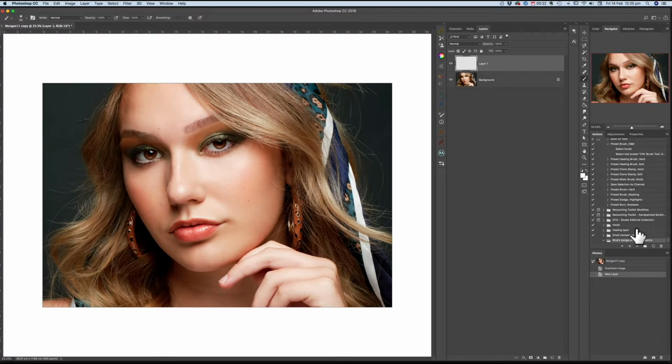So in the actions panel, create your new set, name it whatever you want it to be. I've just called it Nina's Dodge and Burn, and start recording your action. The first thing to do is to create your overall folder. There's actually going to be 2 more folders in this action,